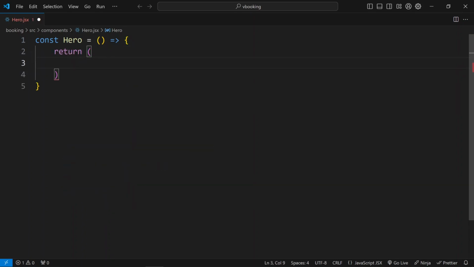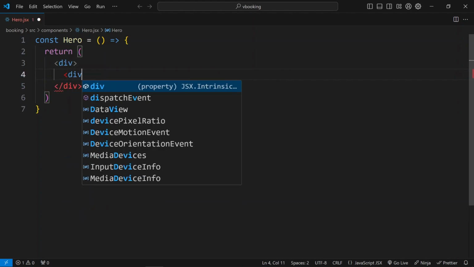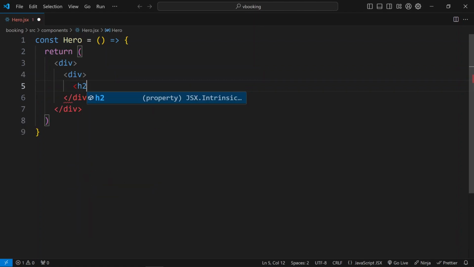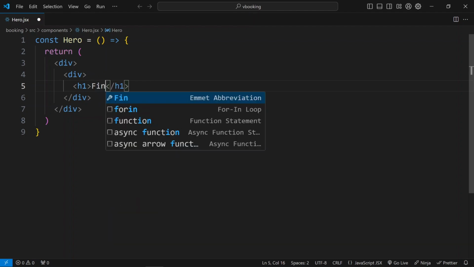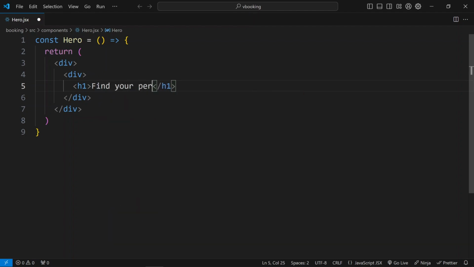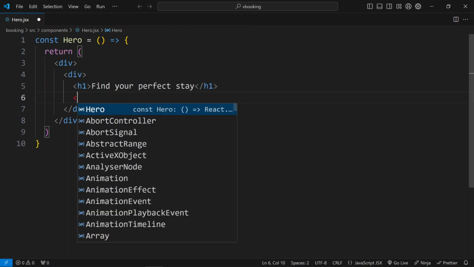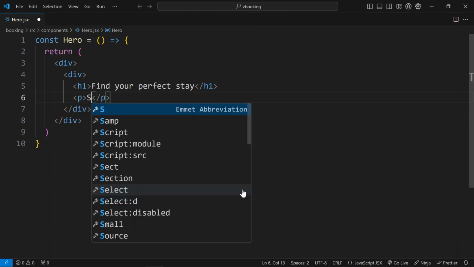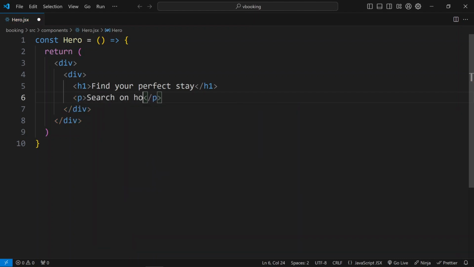As you can see, there's so much space in here. For that, let's go here and say 2, like this. And inside return we have our parent div and a container div, and inside it we have our h1, and in here we will say find your perfect stay. And after this h1 we have a paragraph, and in here let's say search on hotels